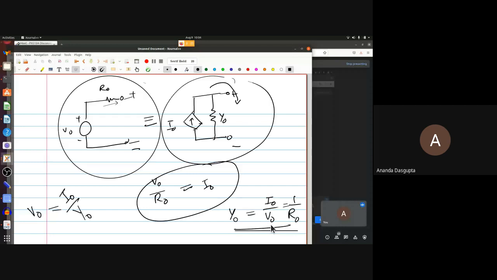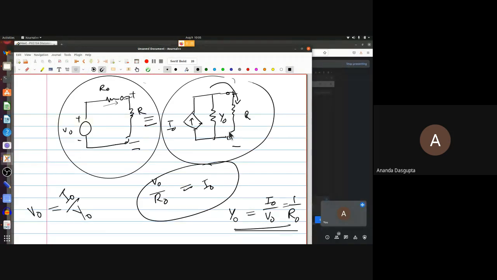And then I also say that, if they're really equivalent, it doesn't matter what you do. Make the two ends open, find the voltage. That's again easy to do, and equate the two. But the question would be, if I put an arbitrary resistance, some R across both, I should get the same result. That is, the same current flowing through resistance R.